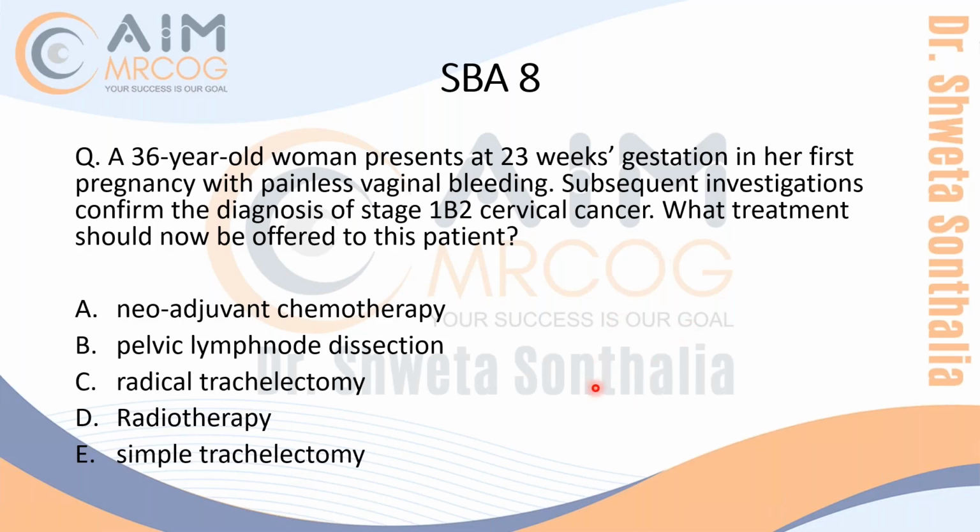So she is at 23 weeks of gestation, which according to the guideline is more than 22 weeks. And it is 1B2. We will discuss neoadjuvant chemotherapy or delaying treatment until we can wait for maturity. I think this will be A. Yes, very good, my dear. See how much you can remember, then why are you stressed?